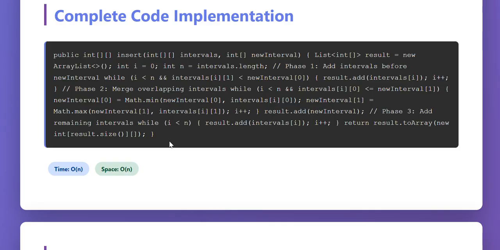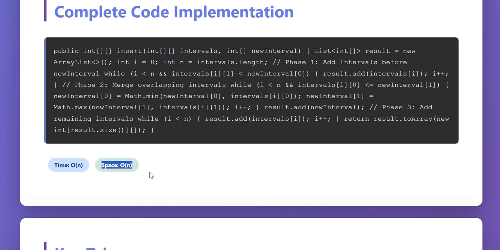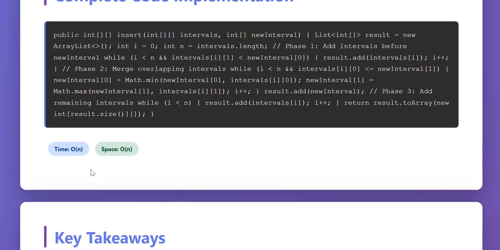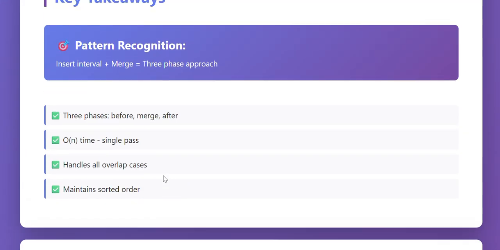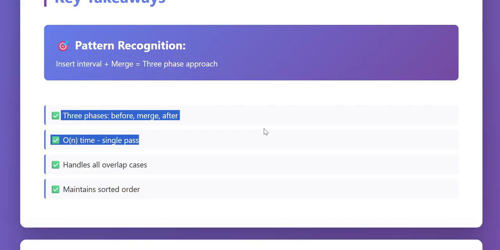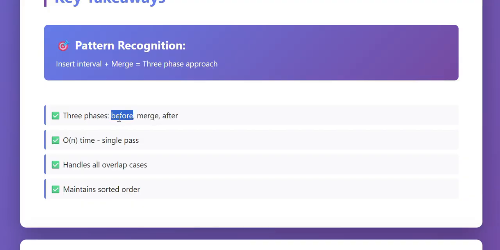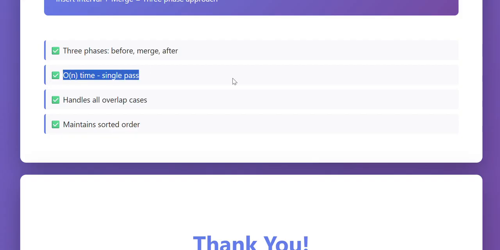So this is the complete solution which we have implemented. Its space complexity is O of n and its time complexity is O of n. So now we have performed it in 3 steps: before, merge, and after. Like before, we have added all the elements that are less than the interval which we have to add, and after that we merged all the elements which are overlapping. Then we just add the leftover elements after. So this time complexity we have passed in a single pass, and it handles all overlap cases and maintains the sorted